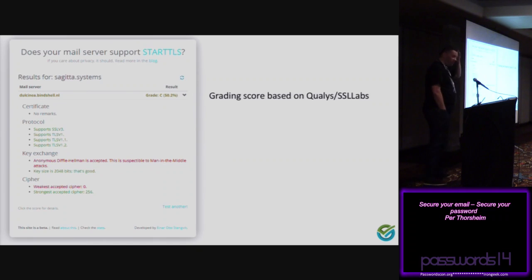We are using a grading score that is essentially based on the grading system used by Qualys and SSL Labs. Now, that really can't be transferred into the world of .tls security. There are big differences between mandatory HTTPS encryption and opportunistic SMTP encryption, but still we are using that